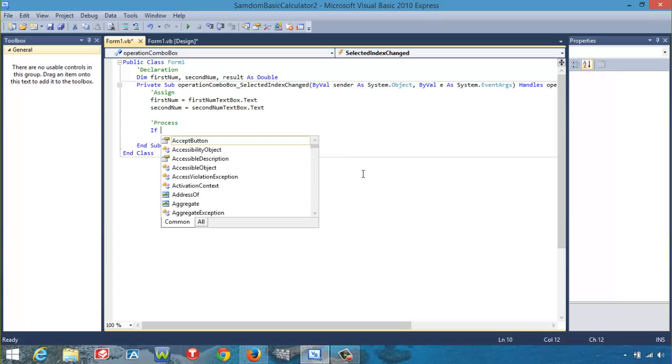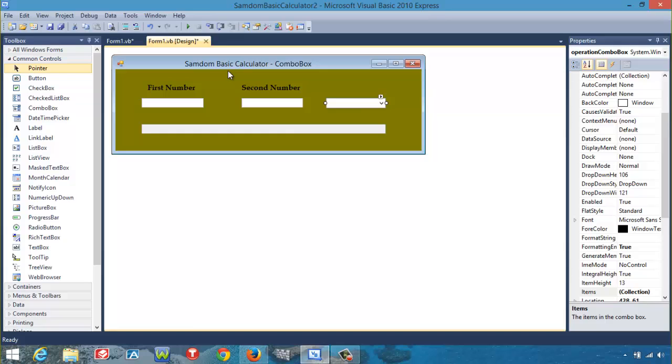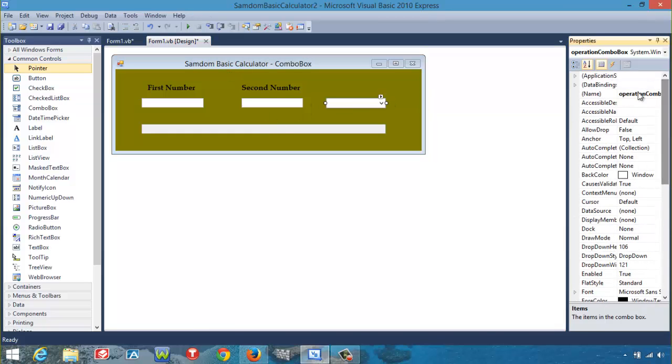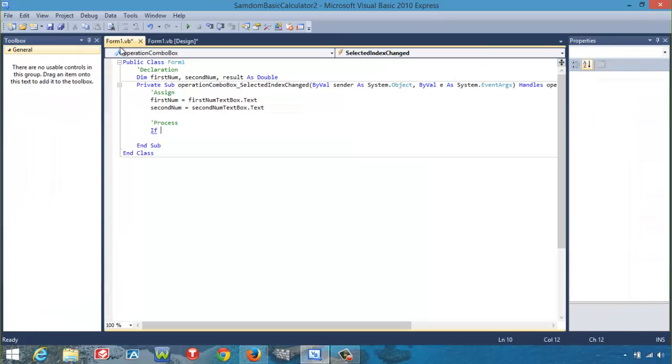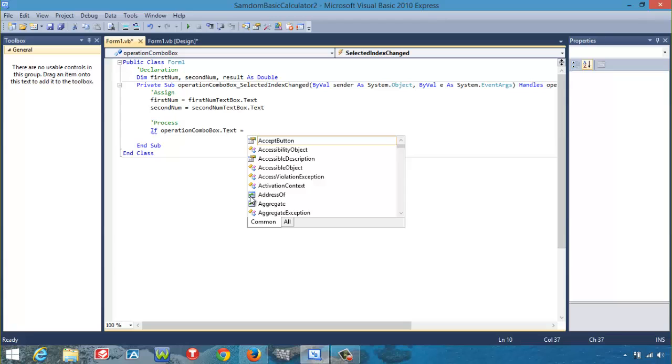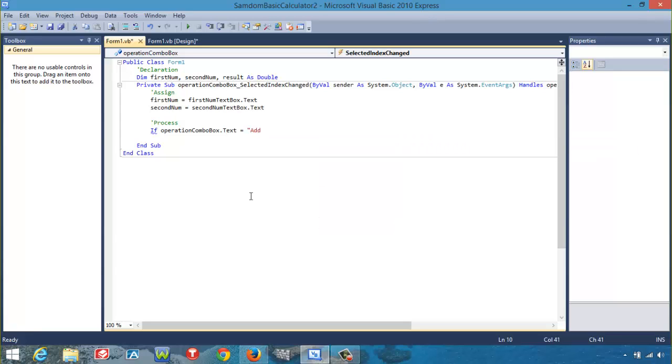We now type if, what is the name of the combo box? Operation combo box. So we say if operation combo box dot text is equal to add, because add was the first one, then